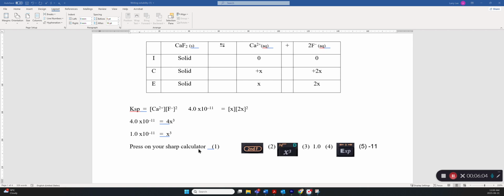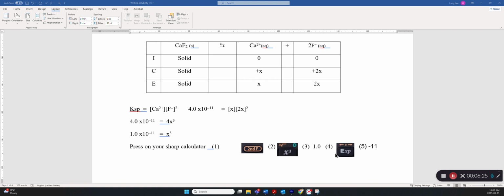On your Sharp calculator, you should be able to press these buttons in order to get the final answer. Press second F, then press the button that has the cube root. It will be the X cubed button, but you're going to be using the cube root. And then you press